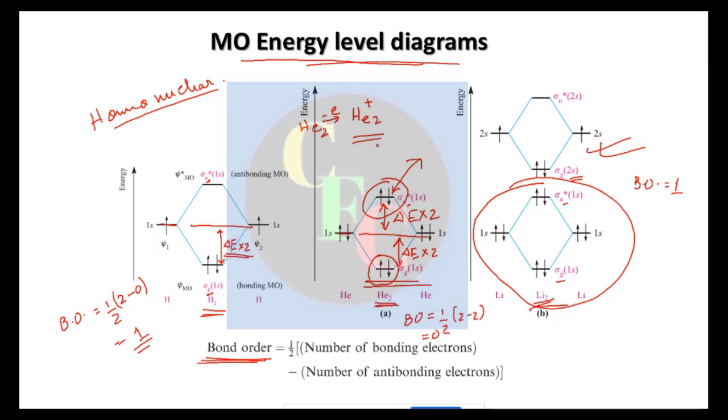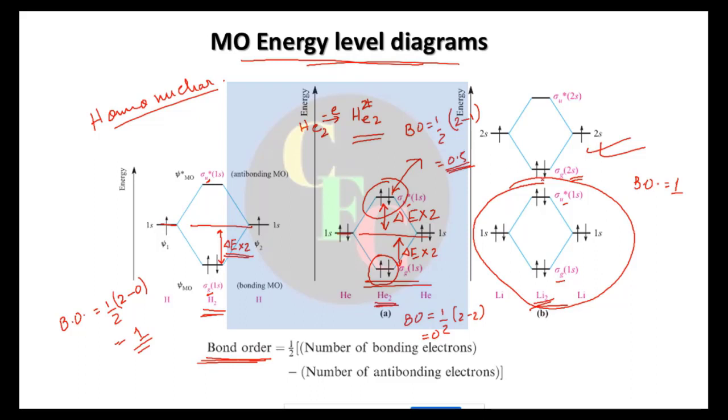Now if it is He2 plus, then you see the bond order becomes what? This will be half of 2 minus 1, so it will be 0.5. It is a weak bond, weaker than the hydrogen bond itself, but a bond order is still there, so this kind of molecule will be possible. And if you have say He2 2 plus, the bond order will be 1, a much stronger bond, right? This is possible. Okay, similar with lithium also we can find these things.